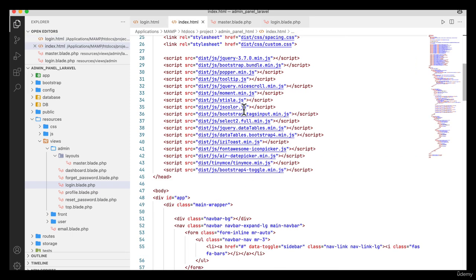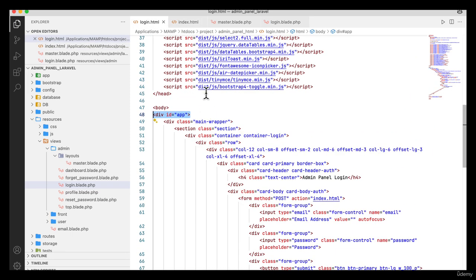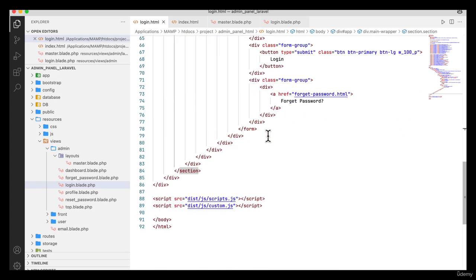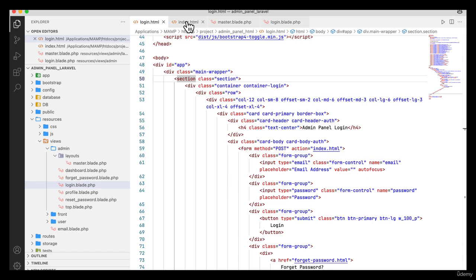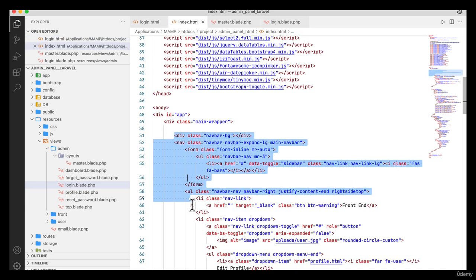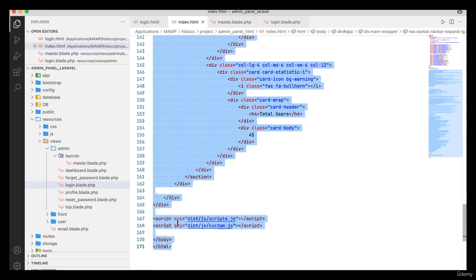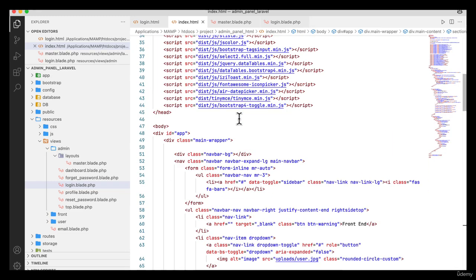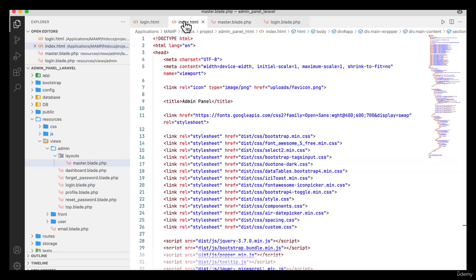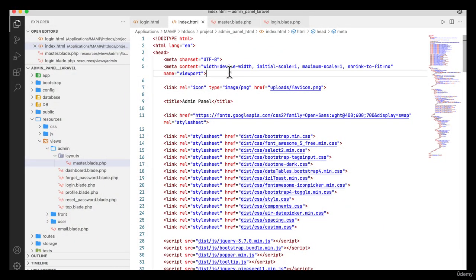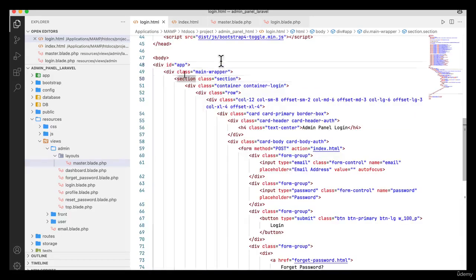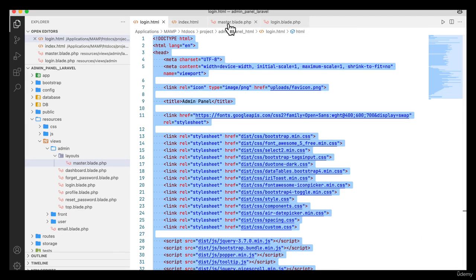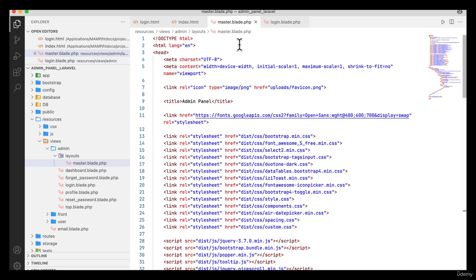Div id equal to app, and here you see main wrapper until this it is okay, and the section is this is actually for the login, that is the section. And if I go to the index, from here it is changed, right? So from here these portions are changed. So what I can do is, you see the master can be index file, can be the master of this. So I copy, and I can, okay, I am going to work with the login. So I copy the login, and in master I call this,